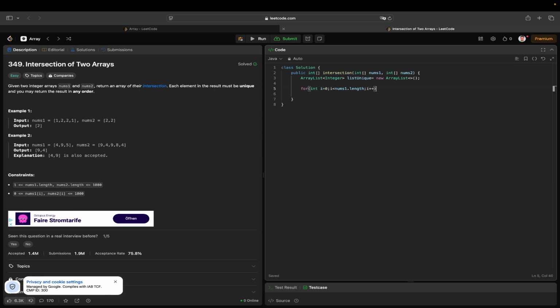i less than nums1.length, i plus plus, and then I'll just simply copy this for the nums2 array: j less than nums2.length, j plus plus. And then what I can do is check if nums1 at position i is equal to nums2 at position j, and we need to also check,